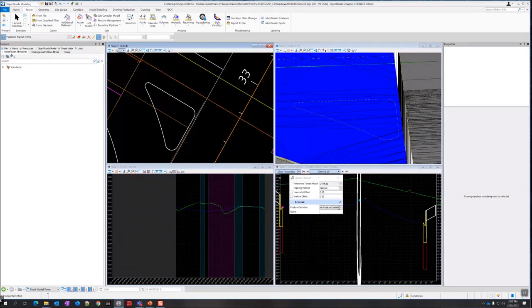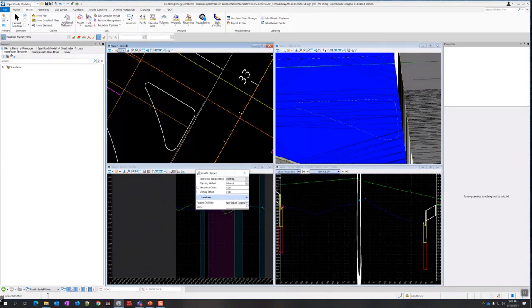So I'm going to give this a feature definition here before I run through all of these. It doesn't always ask me for the feature definition. And this one's going to be terrain, and this one is going to be DTM proposed. So this is, before we use DTM clipping, that's kind of the temporary one. So we have the option to turn it off and just have the final one that's clipped under DTM proposed.